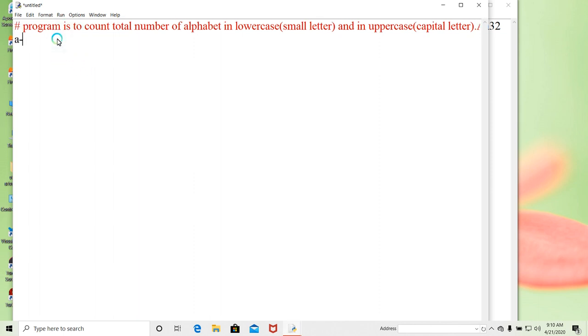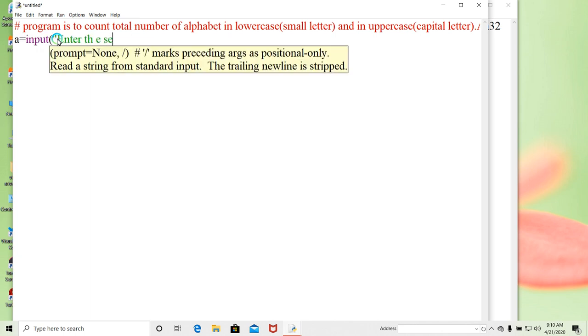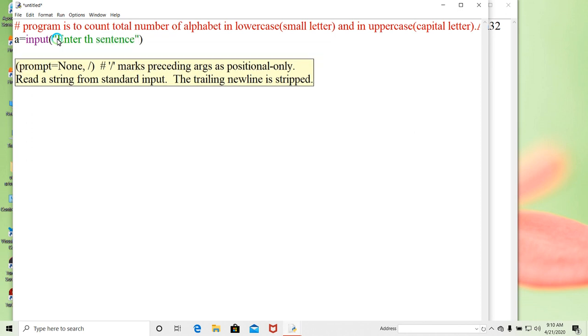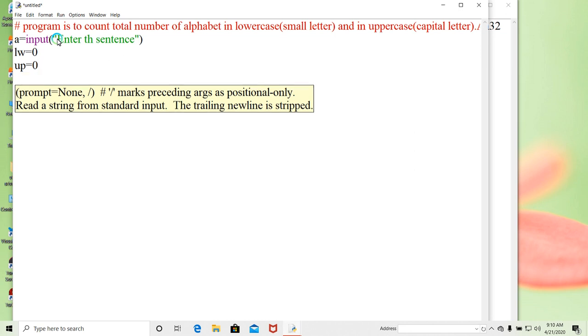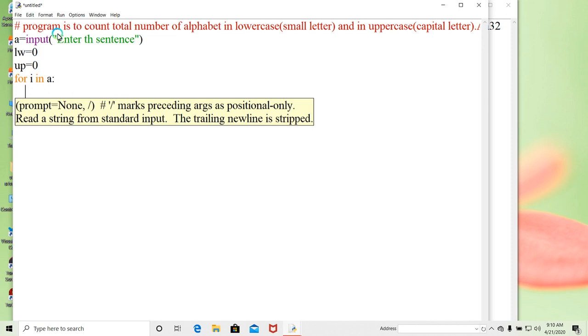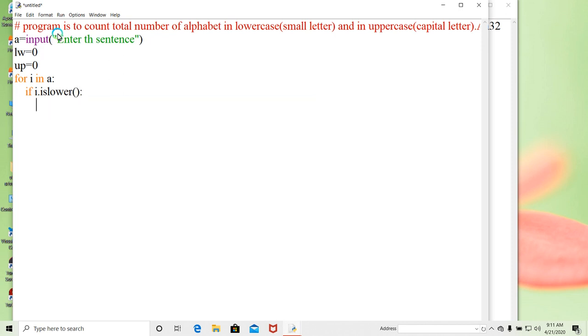So what I will do, A is equal to input, enter the sentence. First I have to take input, so input I have taken. Now I have to count lower, so LW is equal to 0, and we have to count upper, so UP is equal to 0. Now what I will do, for I in A, that is the way to access one value in the A, and I will see here if I is lower, what I will do,